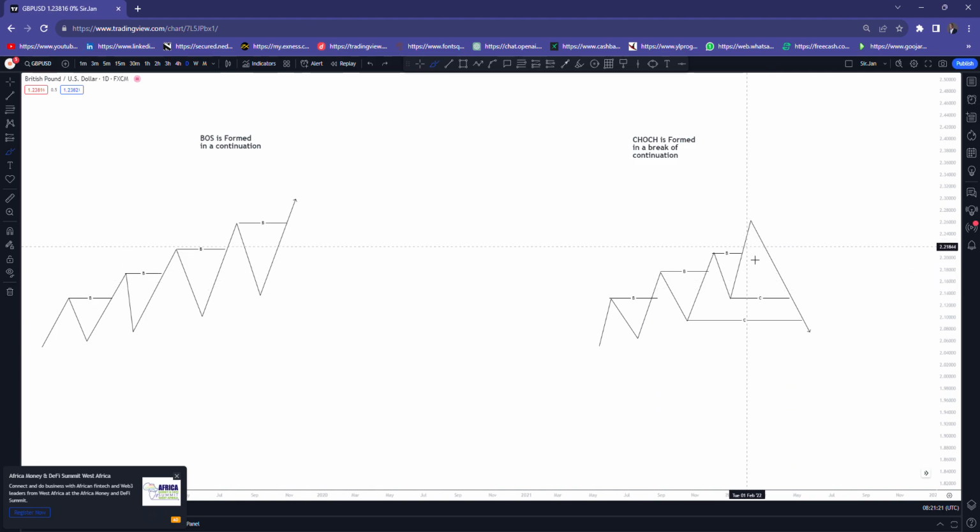So in a price where you broke structure, you change to the downside, and you change character here in this area. But instead of just changing character and moving to the upside, to the order block, and continuing to the downside,